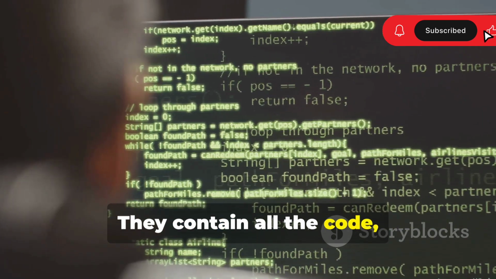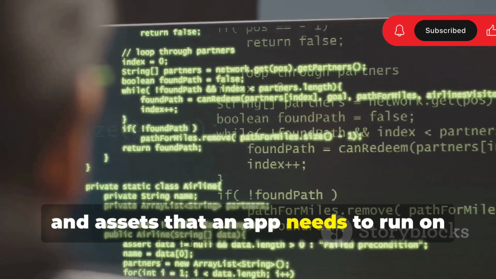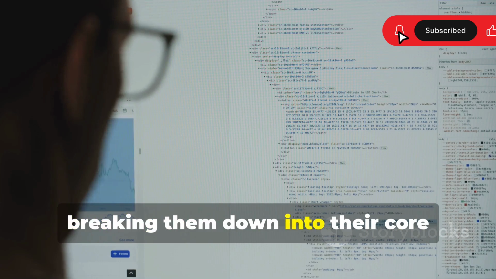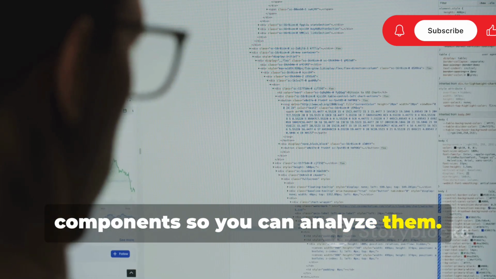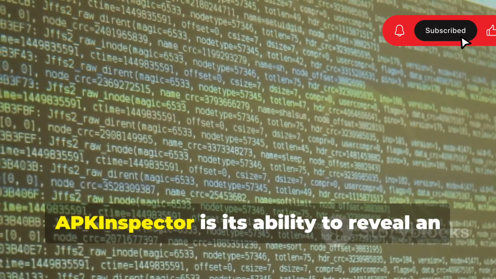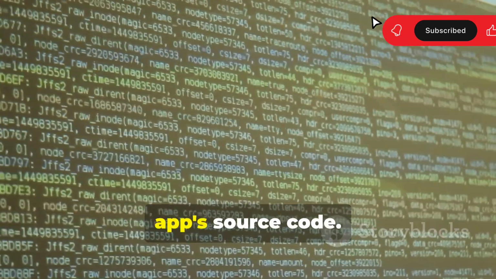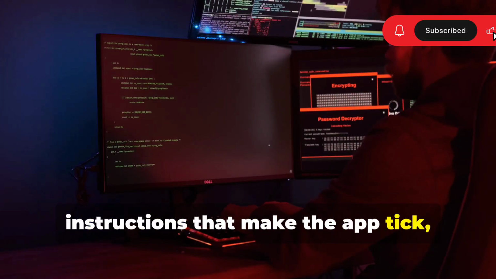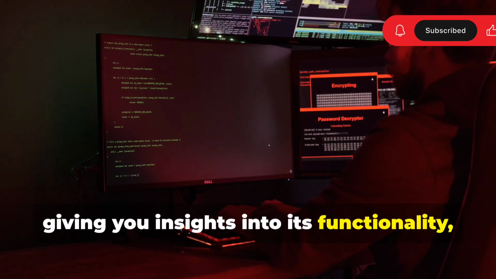They contain all the code, resources, and assets that an app needs to run on your device. APKInspector decompiles these files, breaking them down into their core components so you can analyze them. One of the coolest things about APKInspector is its ability to reveal an app's source code. This means you can see the actual instructions that make the app tick, giving you insights into its functionality, security,